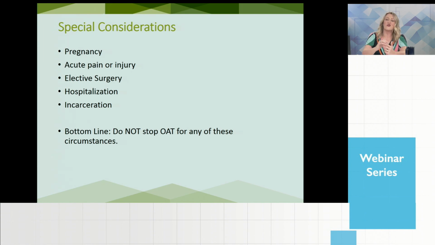If you look at the overall concept, the risk to taking them off of these meds comes back to those numbers that we looked at if we're looking at tapering or withdrawal management alone. And that's these patients are at a high risk of an overdose death. And we need to be very cautious whenever we look at a situation where we look at taking them off of their meds, and really question if that's necessary.